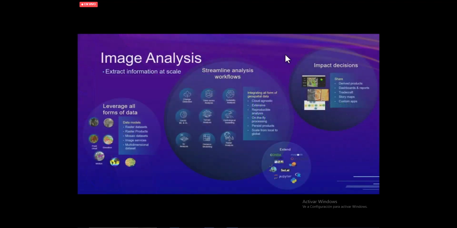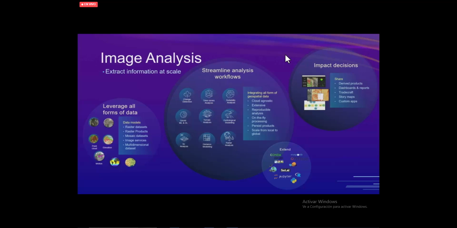Kind of holistically, to cross the T's and dot the I's here in closing, I really wanted to show this slide as a visual representation of the image analysis footprint in ArcGIS. We've talked at length about all forms of data that you can ingest into the system, that start where your workflows are starting, bringing that into ArcGIS, managing it in ArcGIS as well, and then taking these workflows